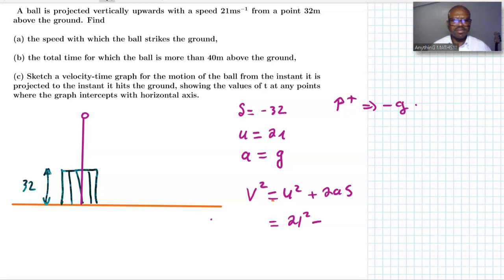Then plus 2 times negative 9.8 and then times another negative 32. Okay, so let's find that. Use our calculator. Plus 21 squared. You're going to get